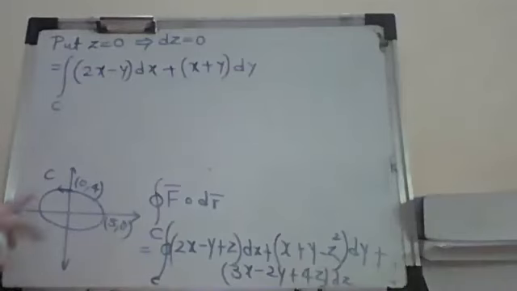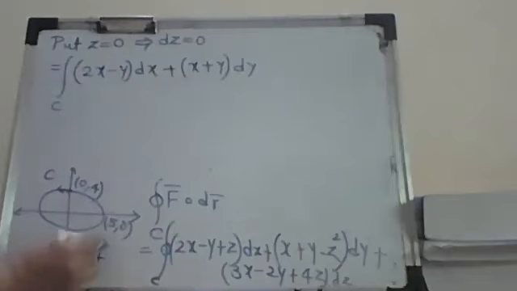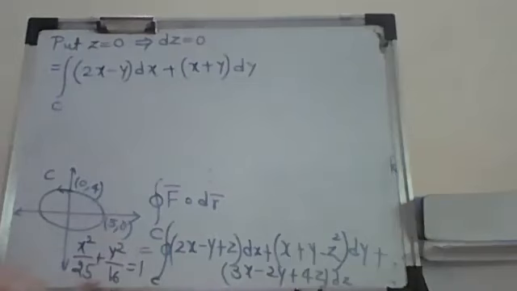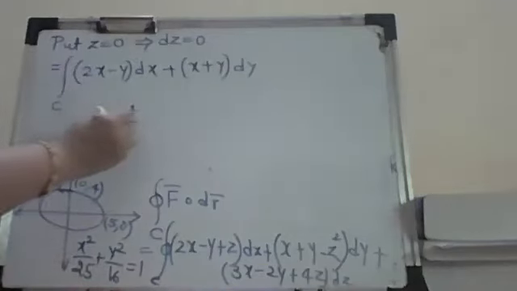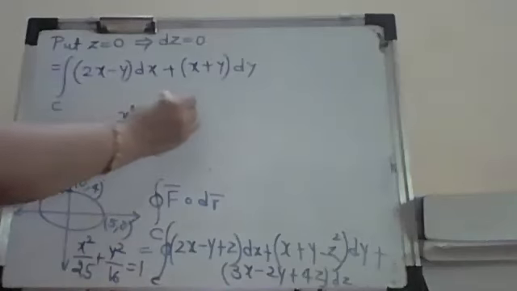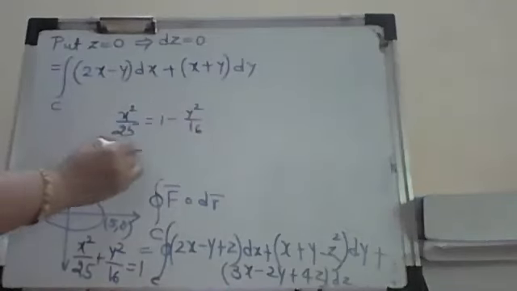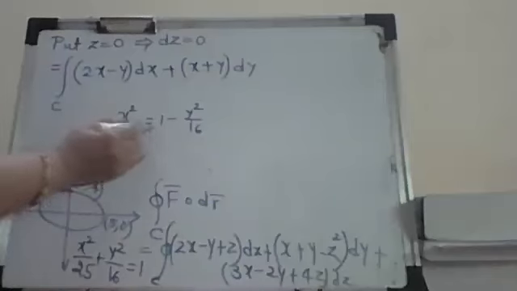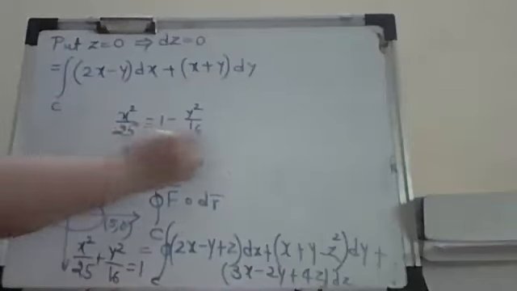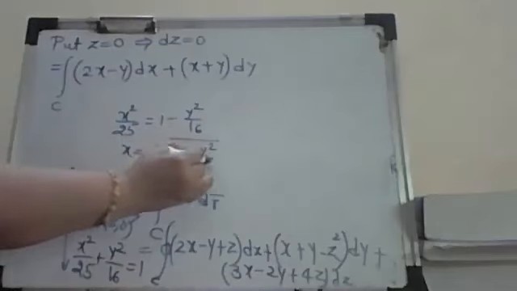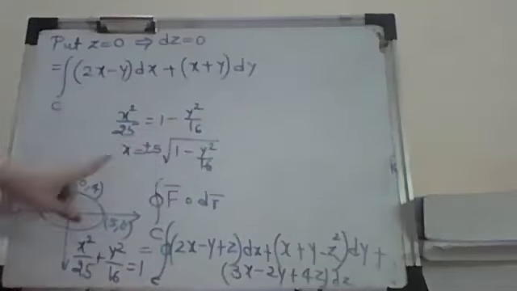Now see, I have this as a two-dimensional diagram. Along with this, what is the equation of this? It is x square by 25 plus y square by 16 equal to 1. So even if I write it in the form of substitution of x in terms of y, x square by 25 is equal to 1 minus y square by 16, and then x is 5 times under root 1 minus y square by 16. This is plus minus, correct?